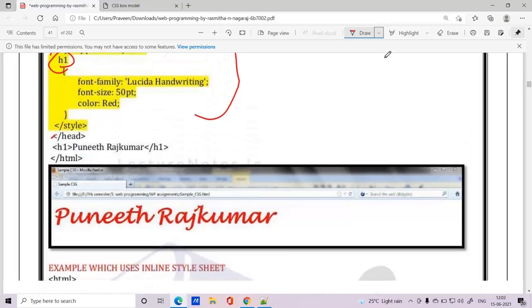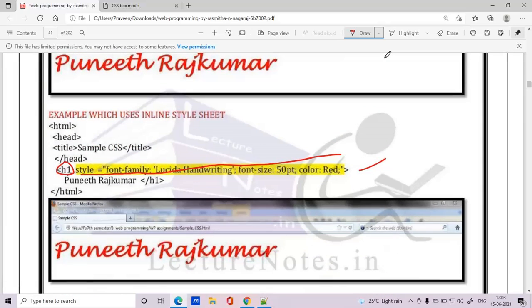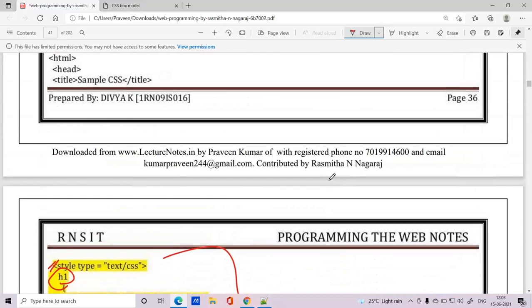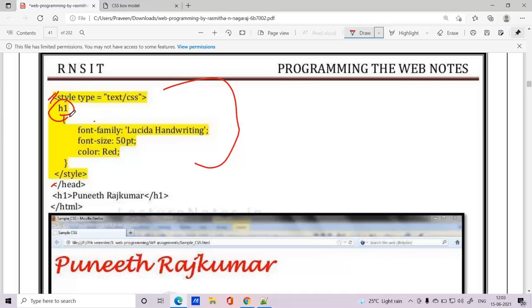Which one to select? Either I should select red color, or if I mention blue color or something like that instead of red, the browser will have a conflict. Which one to select? We have mentioned the same H1 tag, but two different sets of properties. This type of conflict will arise.